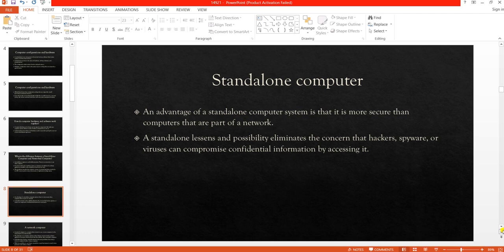Also, a standalone computer lessens the possibility of hackers, spyware, or viruses compromising confidential information by accessing it. It's unlikely because most of the time you've got systems in place, more precisely your antivirus software. So it's not easy for security threats to breach your standalone computer because it's secured,